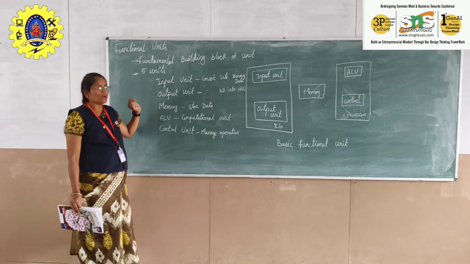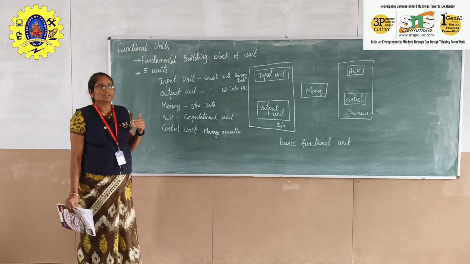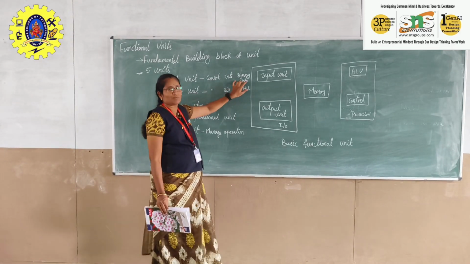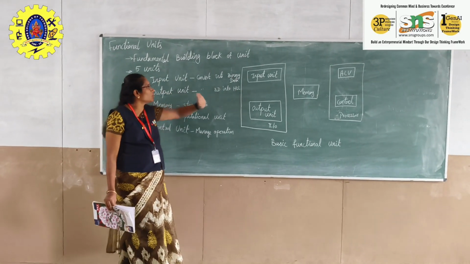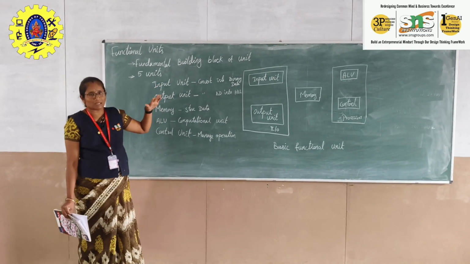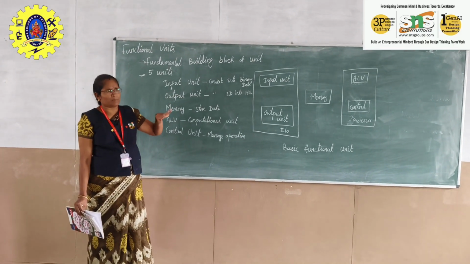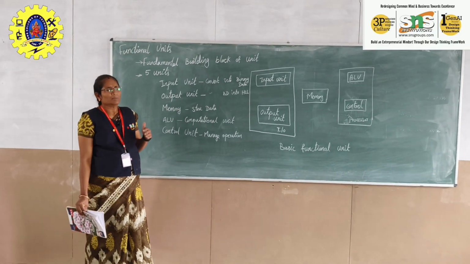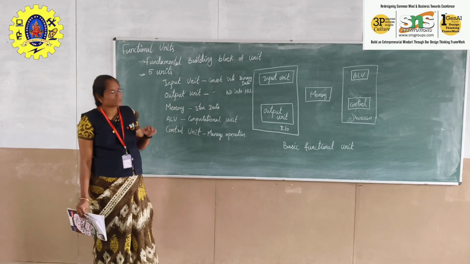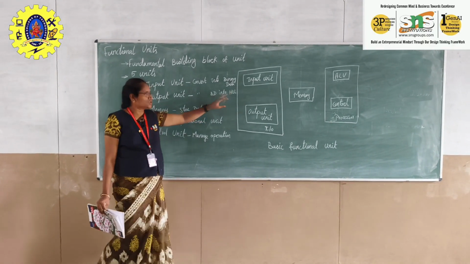The input unit is basically used to get the inputs from the user, which will be in a higher level language. It gets converted into binary data for the processor to perform the operation. The output unit: the operations carried out in the computer are done using binary data. After performing the operation, we again get binary data, but as humans, we are not able to understand that binary data. So it gets converted into high level language.